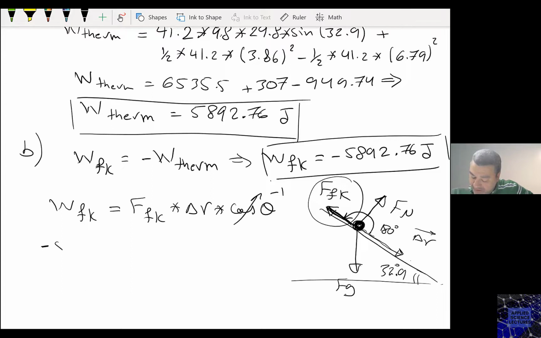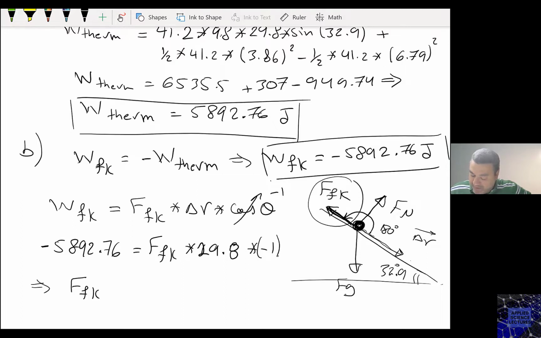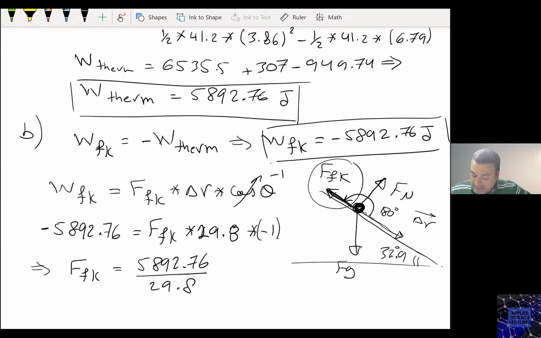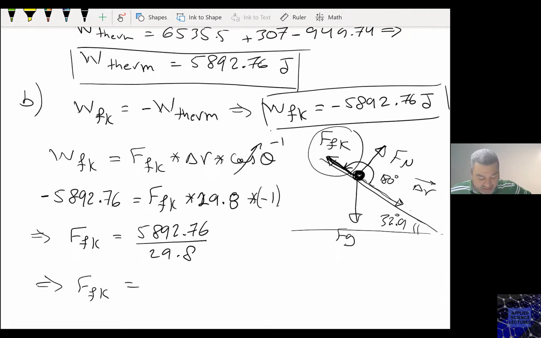So I have minus 5,892.76 equals to Fk delta R, which is 29.8 times minus 1, in this case 5,892.76 divided by 29.8 is,